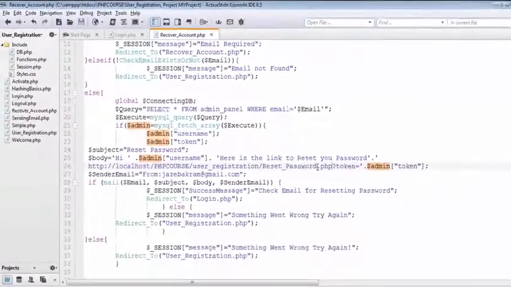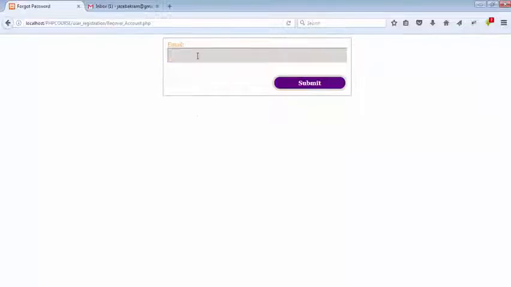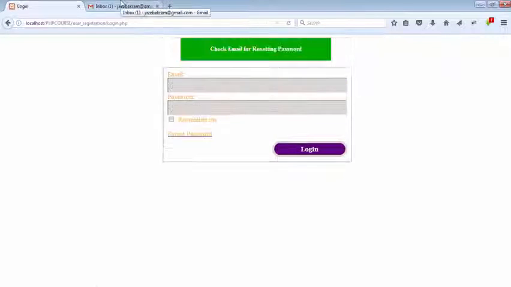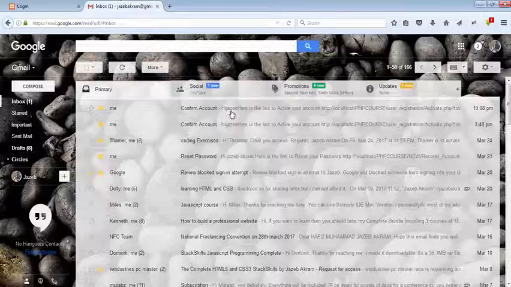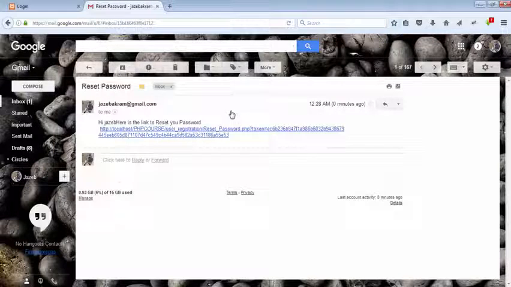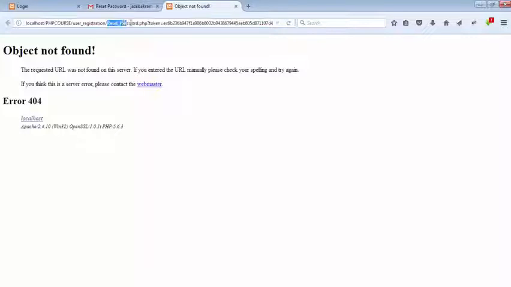Now saving this one out. So now if I click on this forgot password, giving it my email, submit. In my email box, I got an email with the correct name of reset_password, and it's giving us tokens,